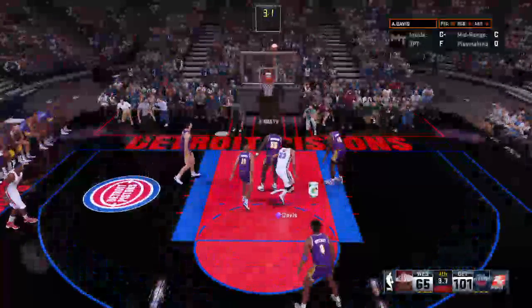Seven seconds left here in the fourth quarter. And Harden wide open. He shoots. Off the mark there with the three-point shot. And so Detroit takes this one by a big margin. They won this game going...